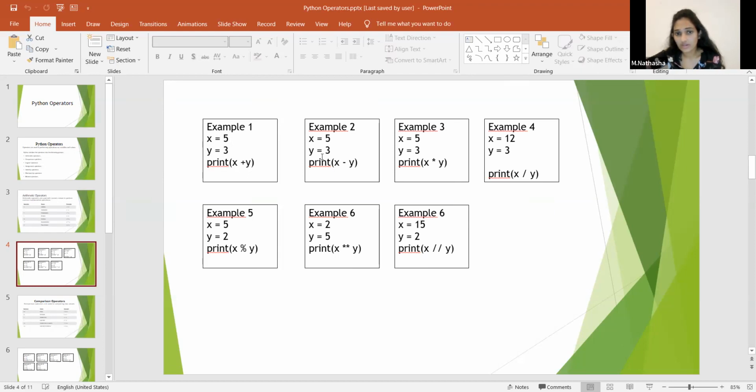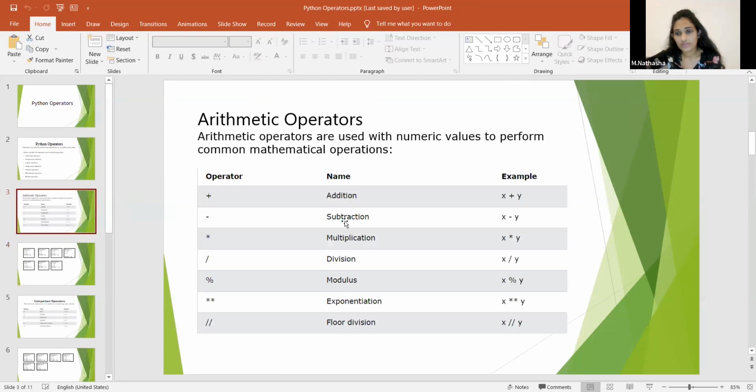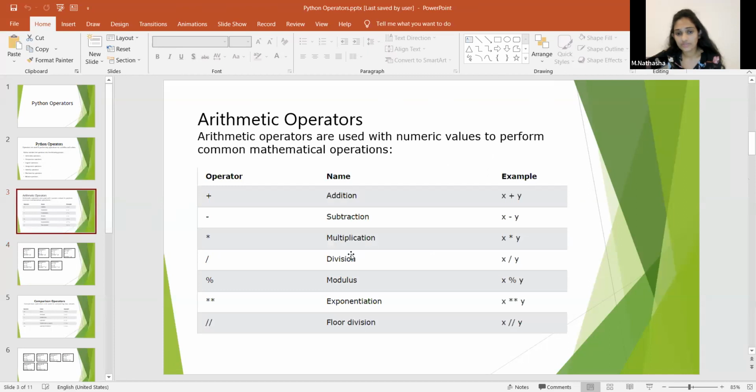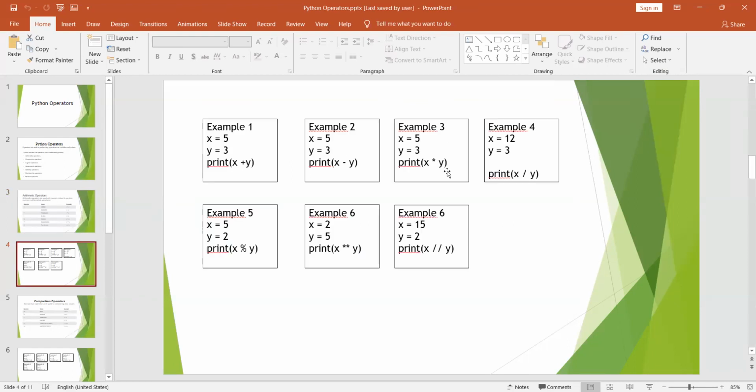And the second one, which operator are we using? Subtraction. Here we subtract 3 from 5. We create the same variables again and just use the subtraction operator. The third one uses the multiplication operator.